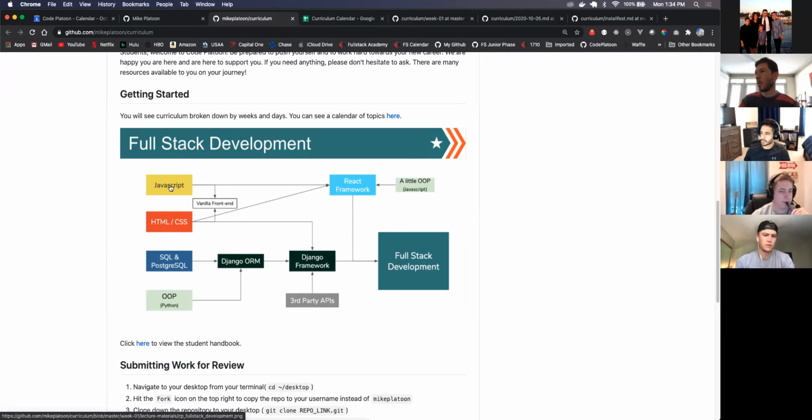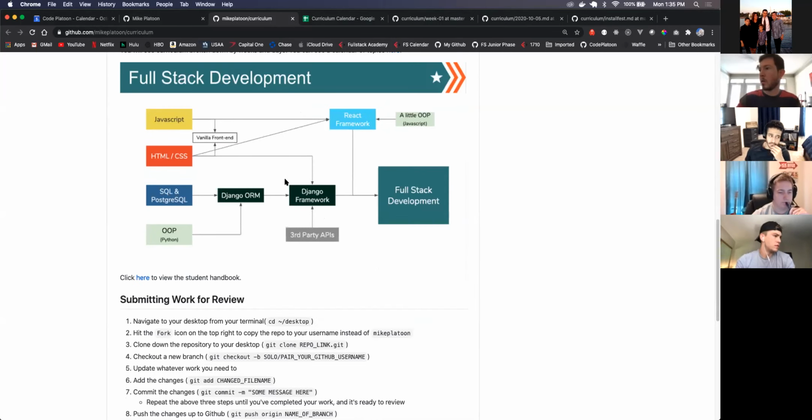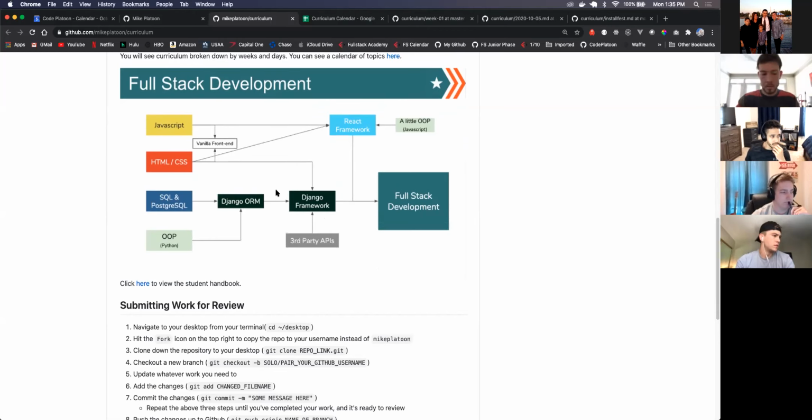framework, which combines JavaScript, HTML, CSS into a front-end JavaScript framework. And then we combine the Django framework for the back end and React framework for the front end with a little JavaScript OOP sometimes. And once we combine the two, we actually have full stack development. So if you want to get an overview of the different technology that we use,